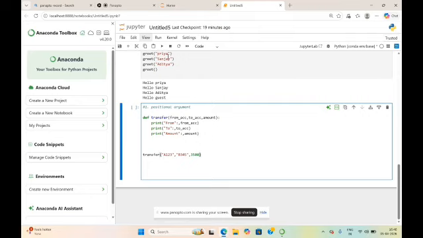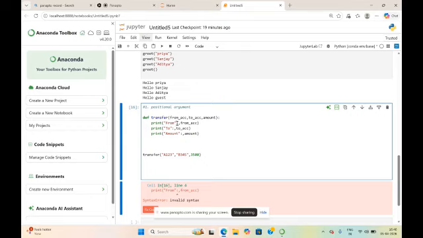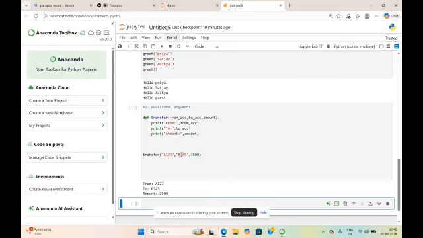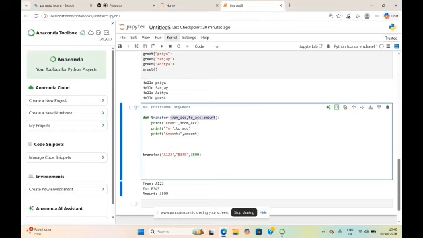Now somewhere the colon is missing, it should be here. Now you could see from is A123, to is B345, and amount is 3500. You could see from, to and amount are printed in the same order in which you declared your parameters; in the same order your arguments are passed. So this is how positional